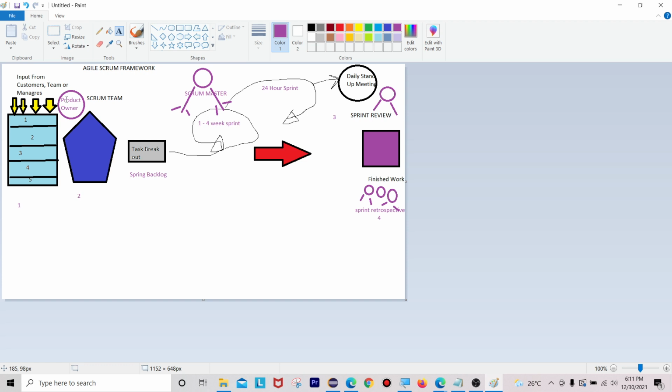We don't call them requirements or functionalities during Scrum. The only term available here is stories. In this we can have stories and epic stories.